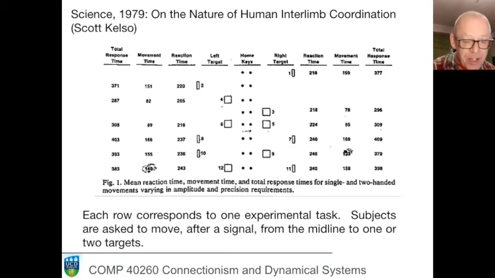The only interesting conditions here are the last two, where we mix one easy target with one difficult target. We do that in two ways, one time with the easy target on the right, one time with the easy target on the left. And the key finding is that the distance traveled is about 160 milliseconds, irrespective of whether we're going to the easy target or the hard target. So under these conditions where the two hands are going to different kinds of targets, it's the more difficult target that seems to determine the amount of time taken to get to the easy target.